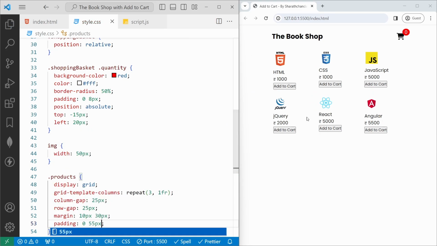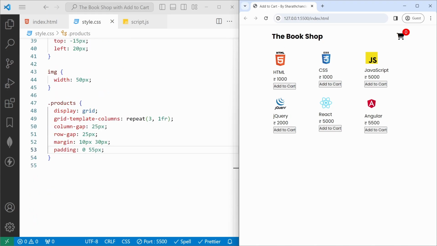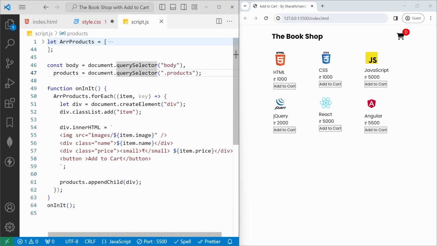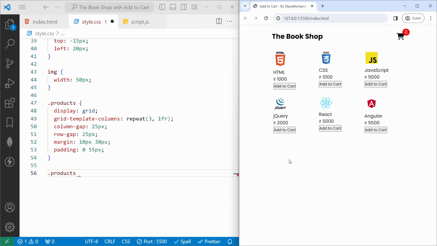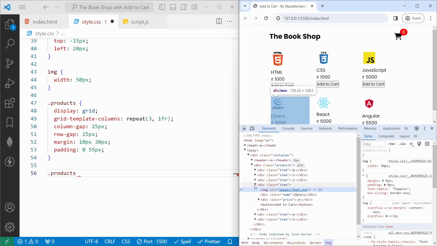If I save, now we can get all the products into the center of the screen. Now we are going to style this item. So again, with the help of products, we have already added the styles to each div. With the help of item, if we check in the inspect, we can get all the divs with the class